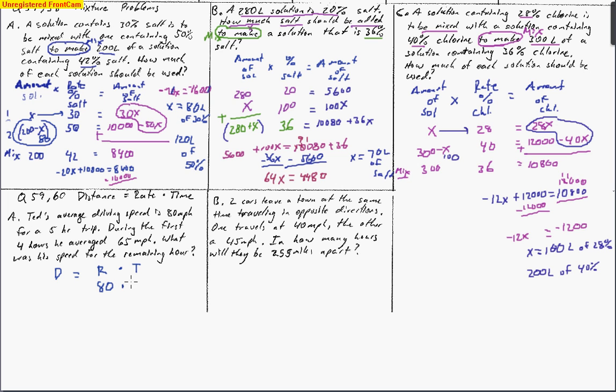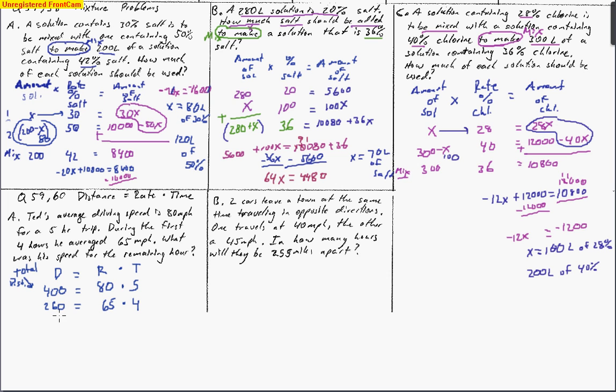Oh, they're giving us a rate and a time. Well, let's go ahead and multiply it to find out how far they went. That would end up being 40 with a 0, so 400. And note that this is a total distance. All right. Well, during the first 4 hours, okay, that's a time, he only averaged 65 miles an hour. Okay, so we have another distance we can come up with. Let's go ahead and multiply those two numbers. I end up with